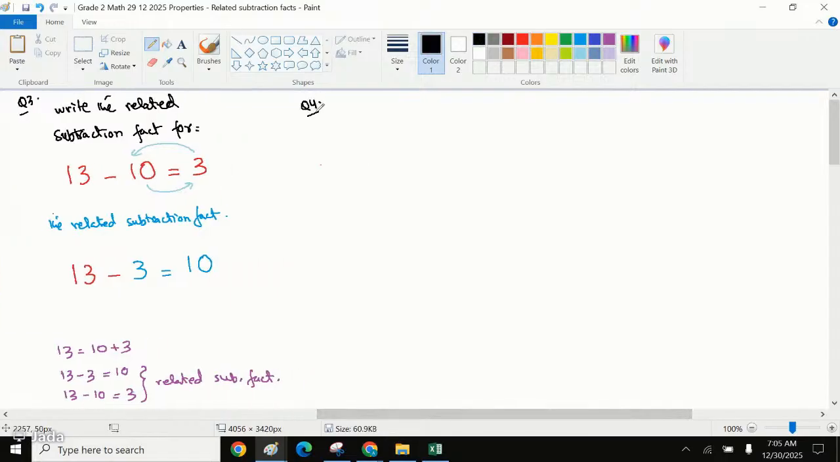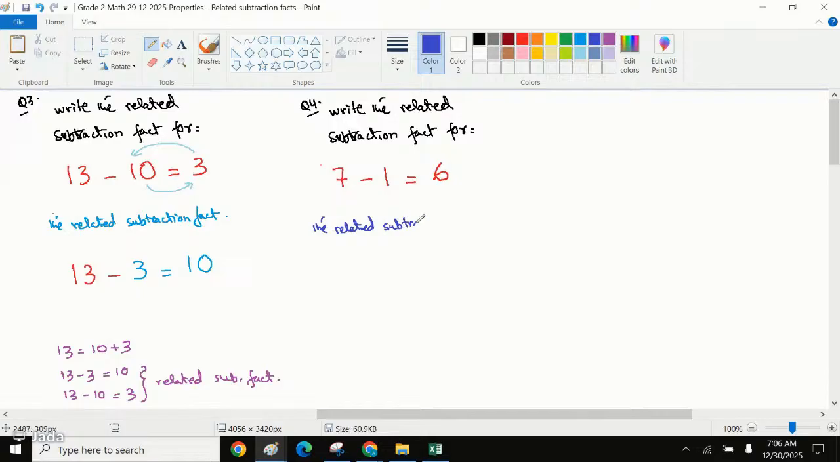Question number 4 for us says, write the related subtraction fact for, when we click on to the next question, we have 7 minus 1 would be equals to, 7 minus 1 is 6. This information we know, right? So the related subtraction fact should be, see, 7 minus 1 was 6. So now if we subtract the other number, that would be,